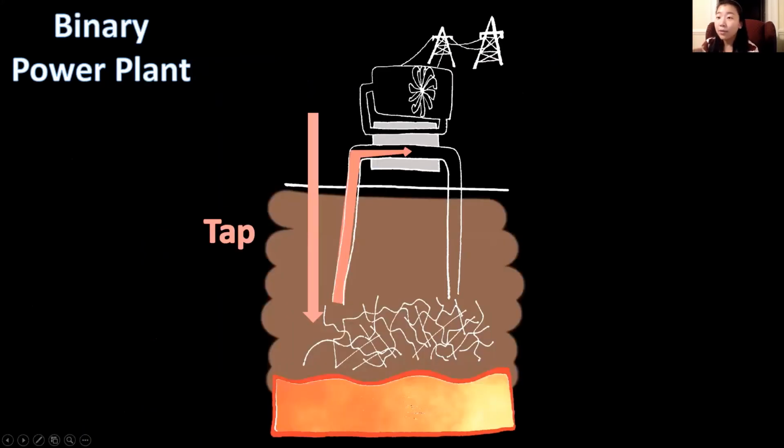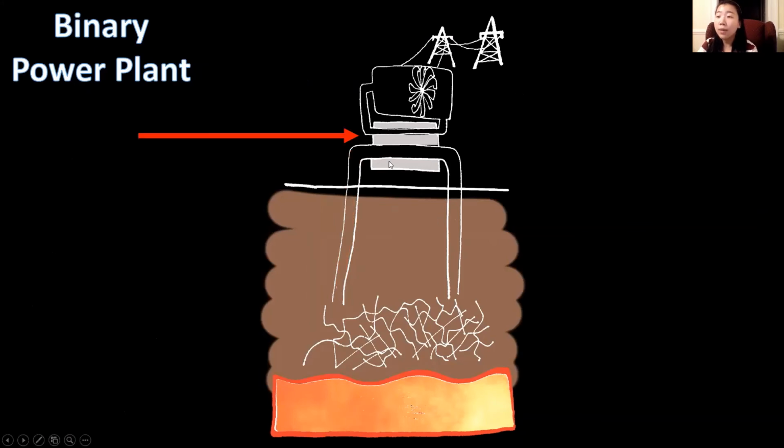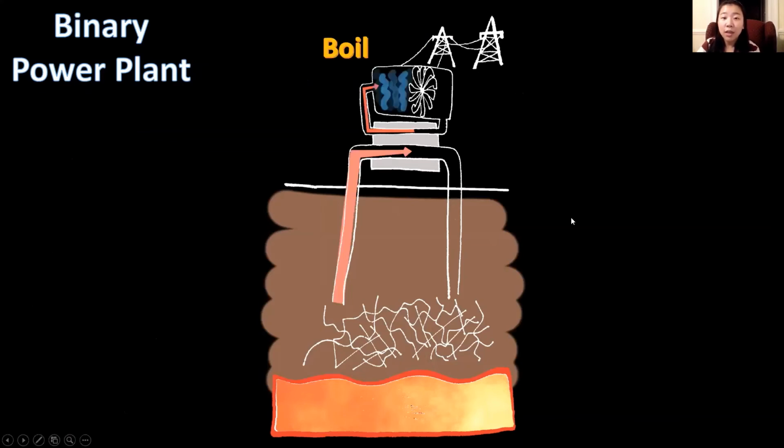The first step is always the same. You drill the ground and tap into the resource. Hot water will travel through the pump. And instead of the hot water being used to create a steam, this heat exchanger will allow the hot water from the geothermal reservoir to actually boil a secondary liquid that turns into steam much more easily because it has a lower boiling point. Then that steam is used to spin the turbine and create electricity,